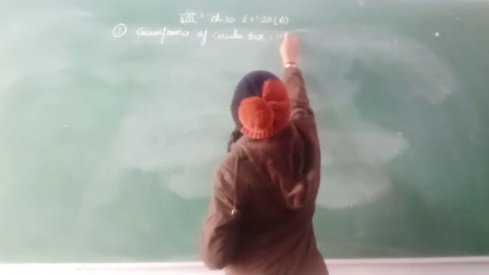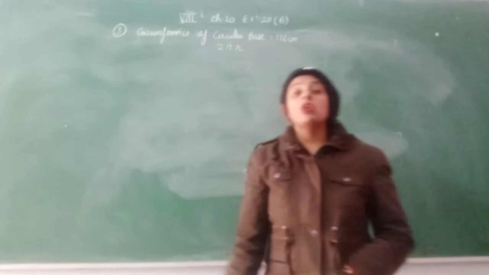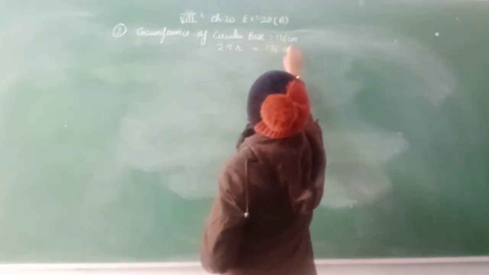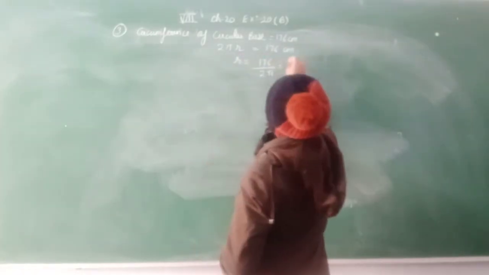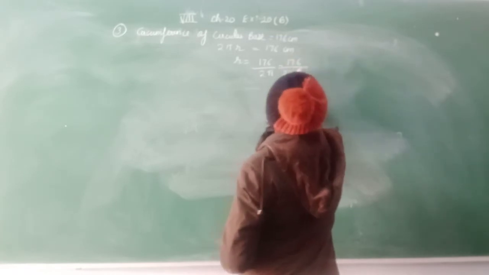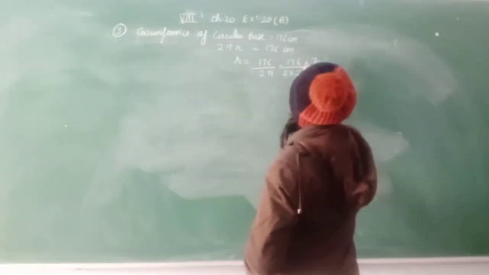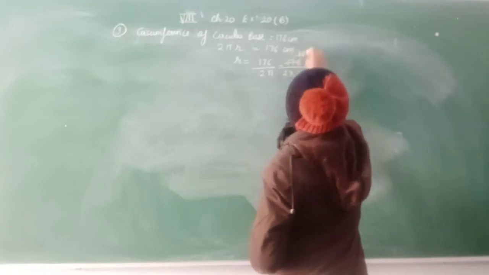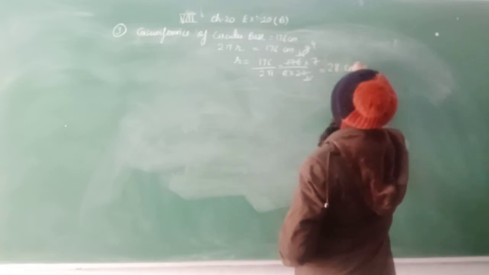So how will you find out the radius? As you know, circumference of the circle is 2 pi r. So 2 pi r is equal to 176 centimeter. How will you get r? 176 by 2 pi. So put the value of pi here, that is 22 by 7. Clear? So you just cancel this number. You will have here 11 2s are 22, 11 1s are 11, 6. It will be cancelled in 8. 2 4s are 8, 7 4s are 28 centimeter. You are having the radius 28 centimeter.